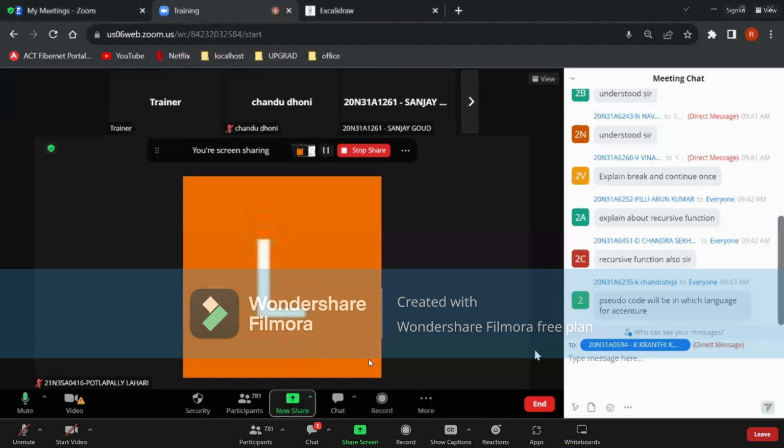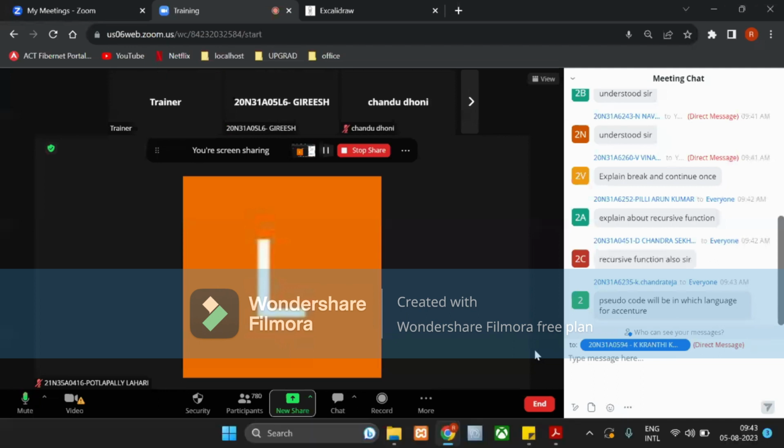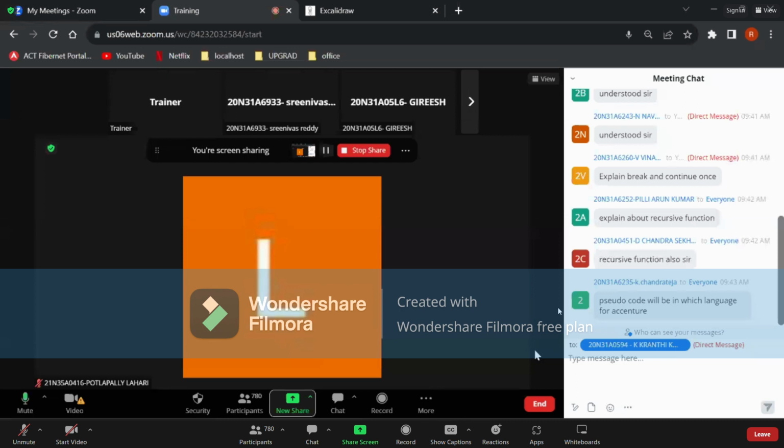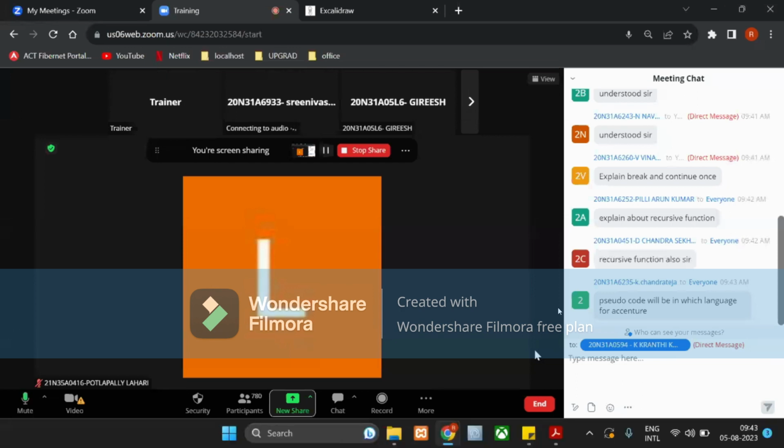At the beginning of the session, I mentioned that pseudocode is not a language-specific thing. It doesn't care about any language. It is just plain and simple English terms, which you have to interpret and solve. That is why I'm saying understand the concept. So once you get the concept,